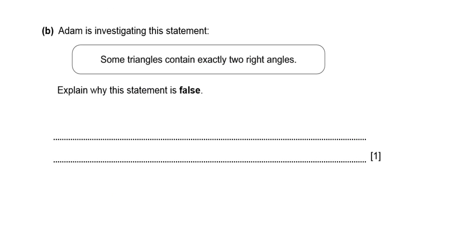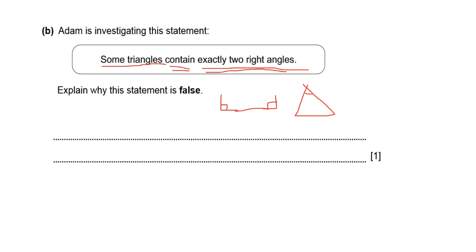B. Adam is investigating another statement. Some triangles contain, meaning have, exactly 2 right angles. Explain why this is false. Okay, so remember, a right angle is 90 degrees. So if we imagine 2 right angles, you quickly understand that with 2 right angles, I cannot draw a triangle,